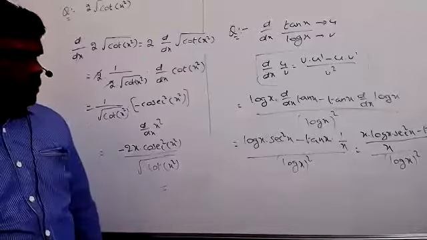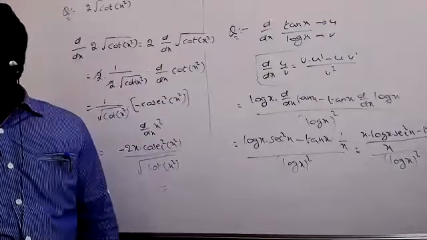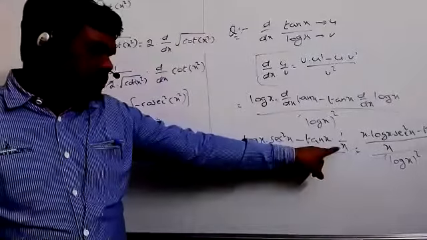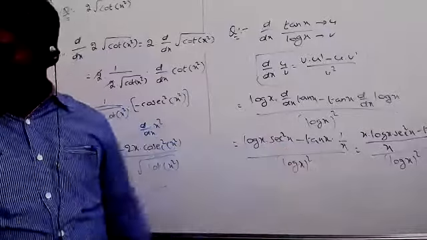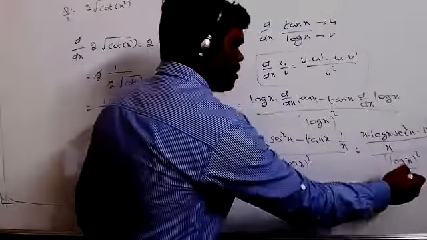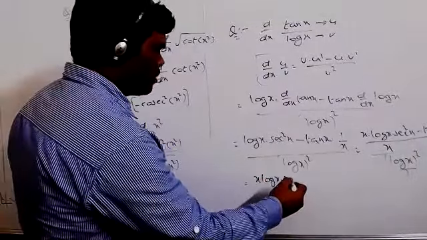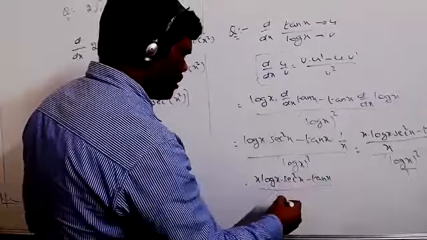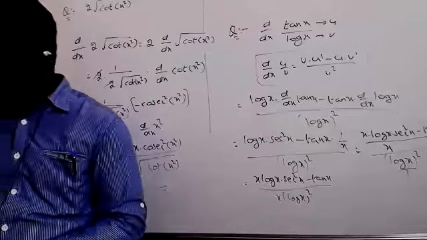Just a question, sir: x log x secant square x minus what is that, sir? tan x. Because just you can see the numerator here now. Just I'm taking x as the LCM. So x log x into secant square x minus tan x, because x by x equals only one time. We know very well that. So it is equal to, you can write now, this one you can take the reciprocal because it is log x whole square by 1. So x log x into secant square x minus tan x, whole by x into log x whole square. This is the answer for that.